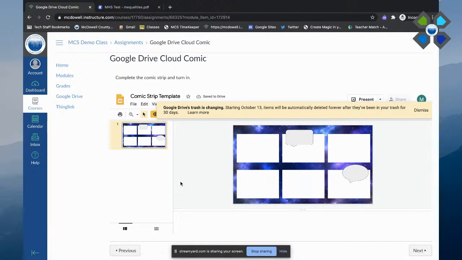So this was a Google slide the teacher assigned. It's actually set up as a blank comic strip template, and the student would be required to maybe complete this for a project or some classwork or homework. You can click on,